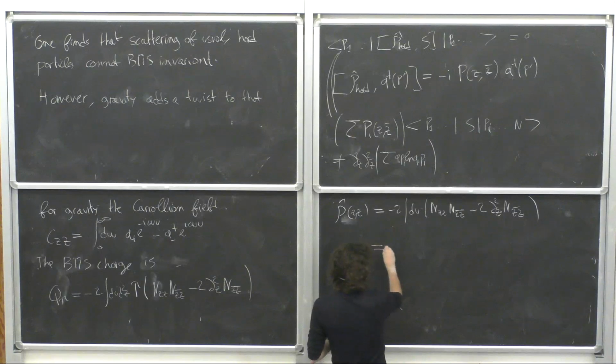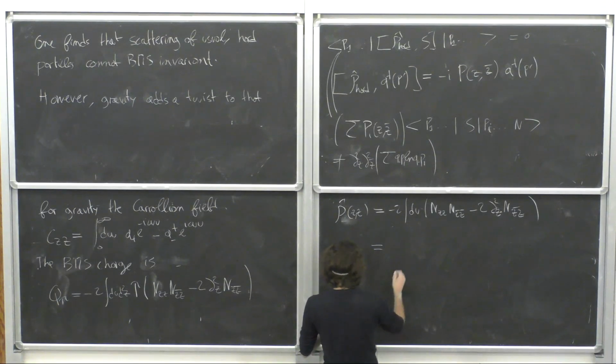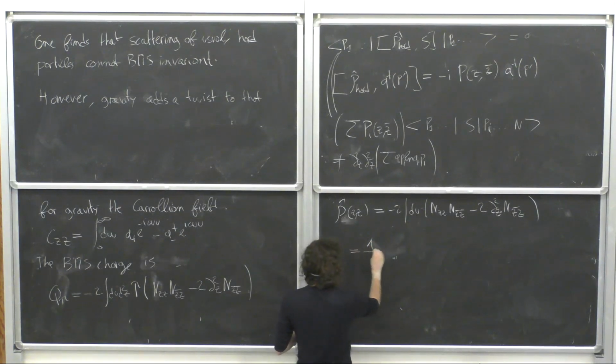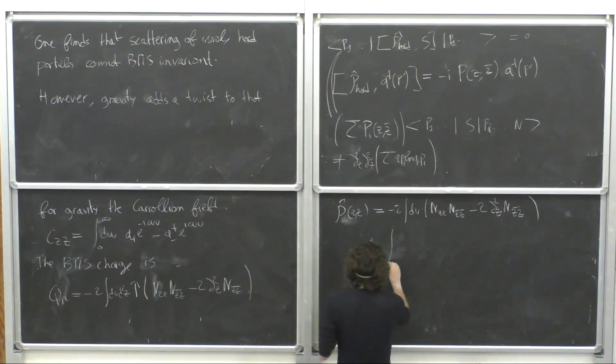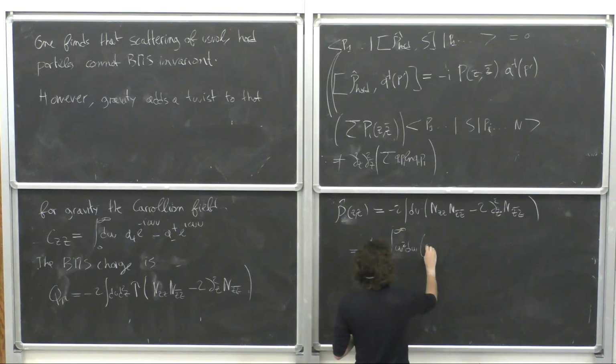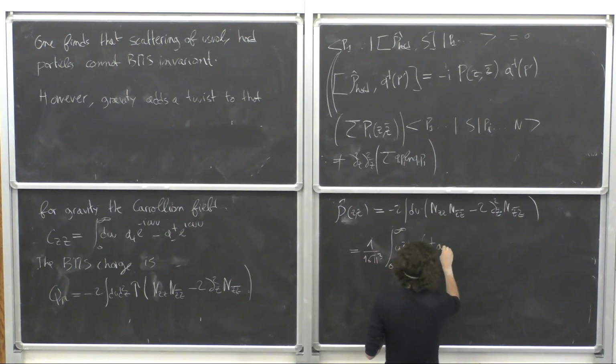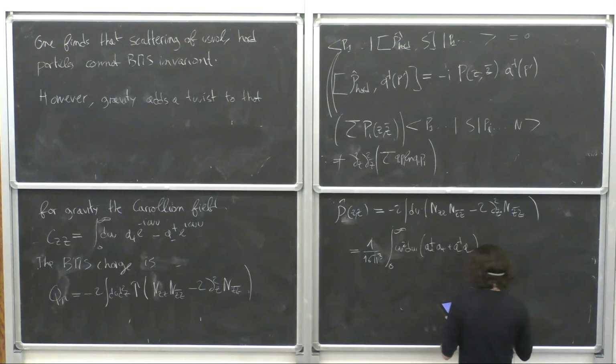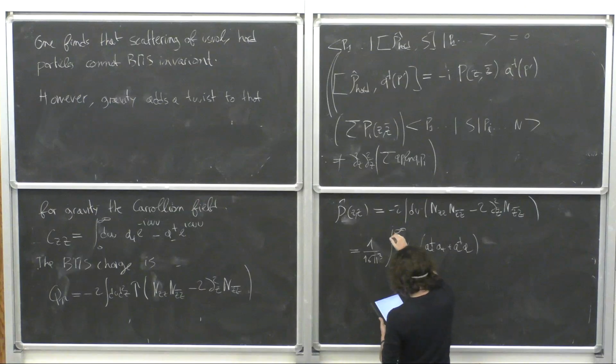Then you expand this in terms of Fourier modes, and you find 1 over 16 p cube over omega squared d omega of a plus a plus a minus dagger minus, so this guy,